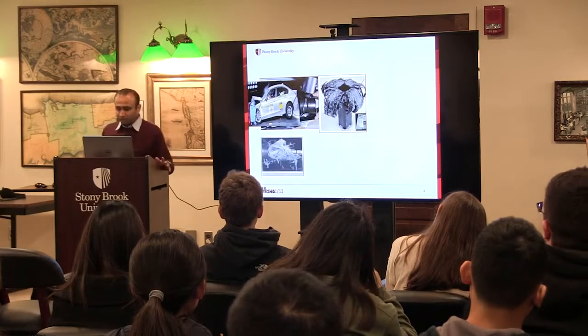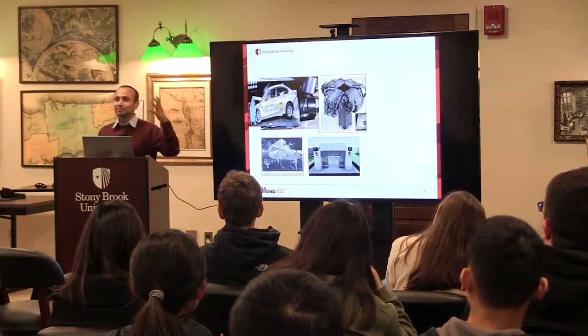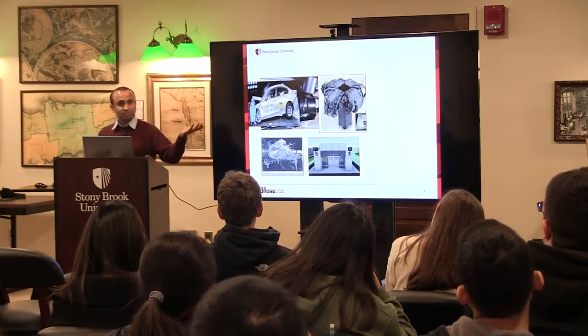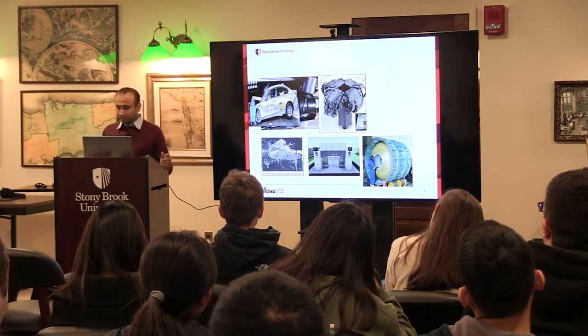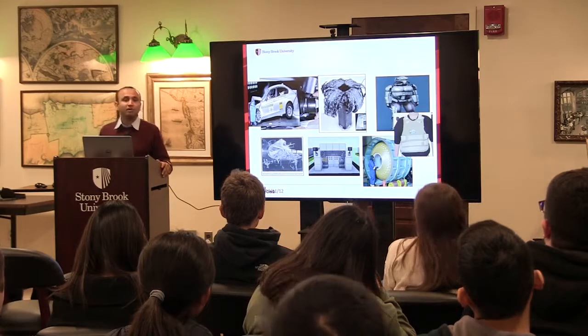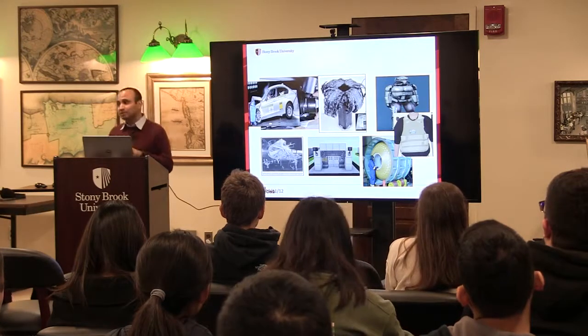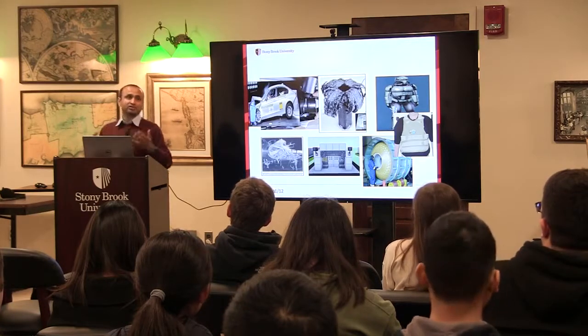This is another example of aircraft. And then my project deals with military applications. So this is an example of a military bunker, a missile case, and even a bulletproof vest. These are all made from composites, and in all these applications, they are supposed to withstand impact loads and dissipate energy by fracture.